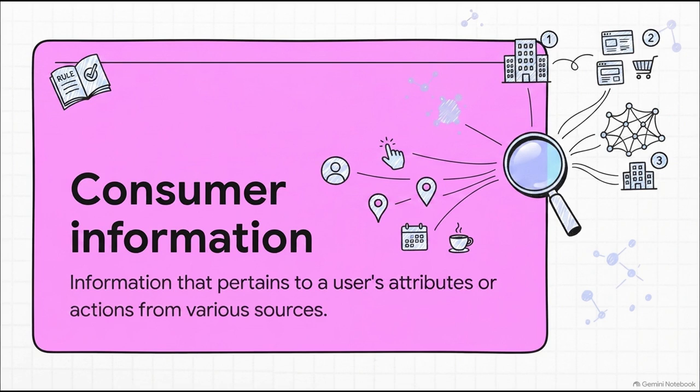And here is the absolutely crucial part. This includes data collected from first, second, and third-party sources. So it's not just the stuff you willingly hand over. We're talking about the data they buy from third-party brokers. Brokers who honestly might know more about your morning routine than your own family does.